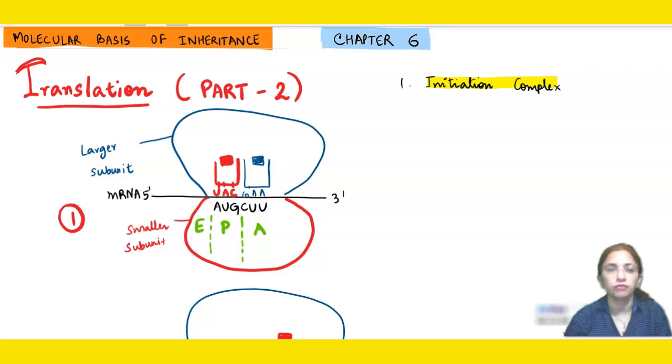Okay, now we are discussing the elongation process, right? So elongation is where this amino acid union will continue, and as a result of which a polypeptide will be formed. Now this was seen in the initiation complex only because the first amino acid comes on the AUG codon.